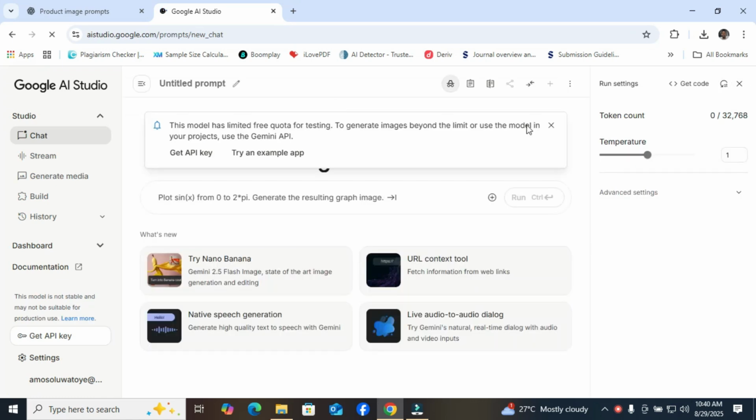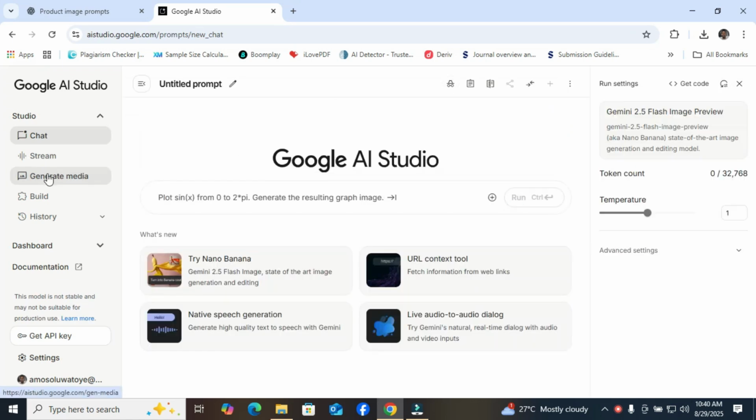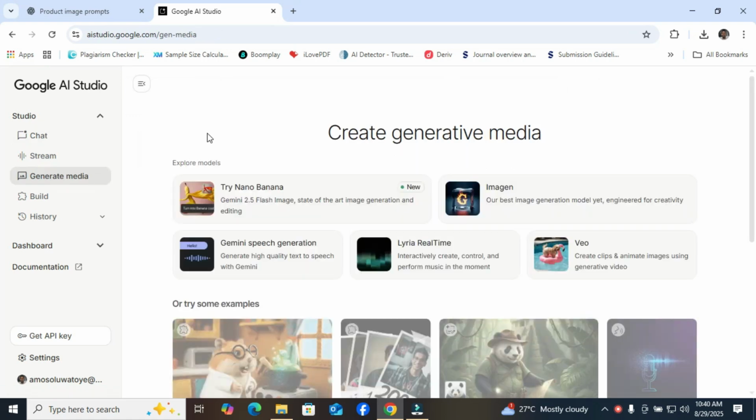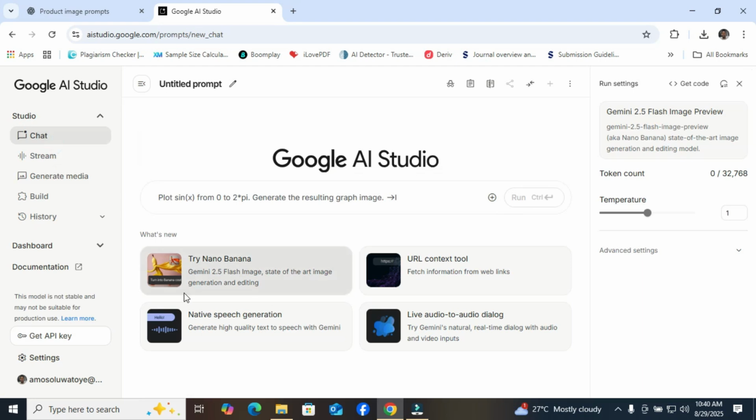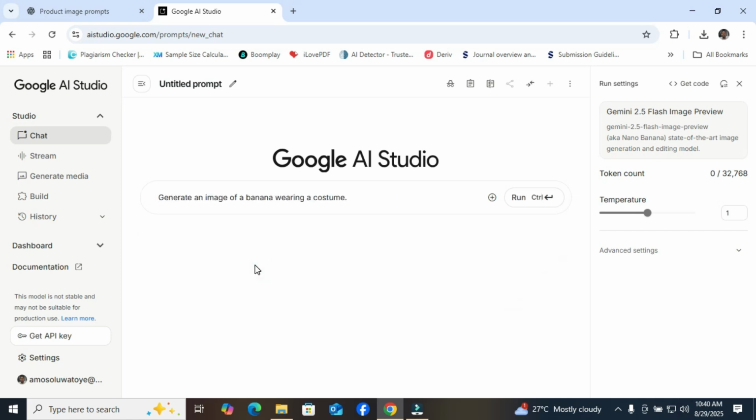The next thing is to move to Generate Media, or it automatically shows where we are going. This is Gemini 2.5 Flash Image. Then what you need to do is click on it. It is also known as Nano Banana, that's the popular name for it. A state-of-the-art image generation and editing model. But the focus of this tutorial is to create a product ad and an image ad for your product